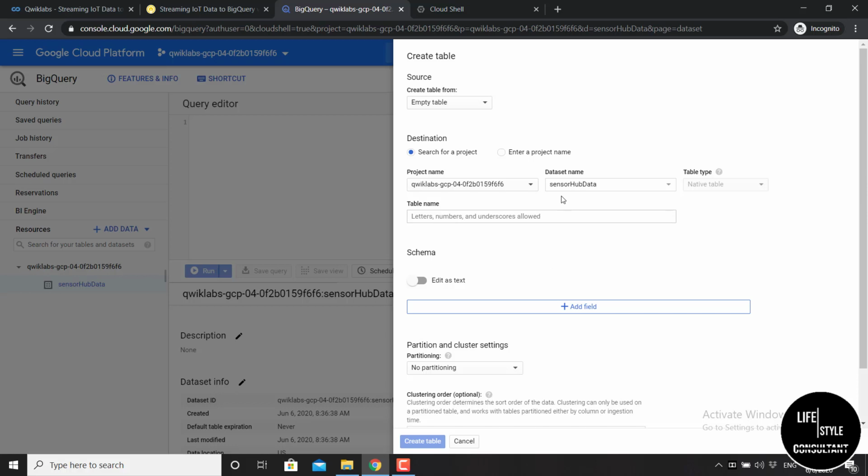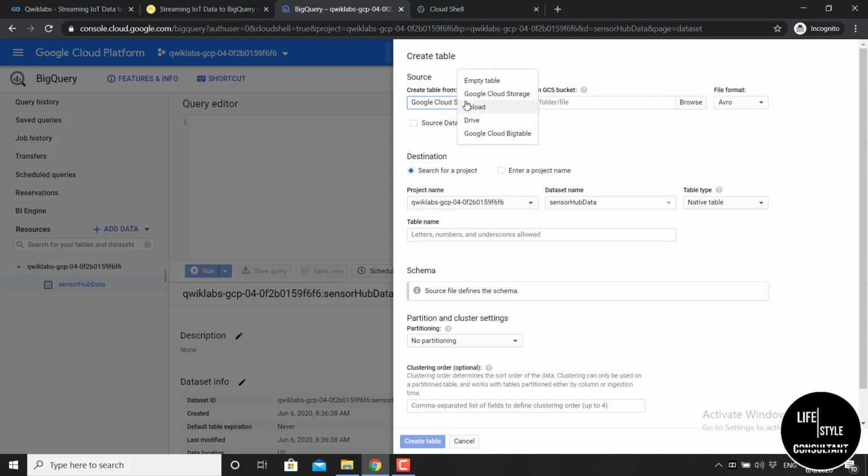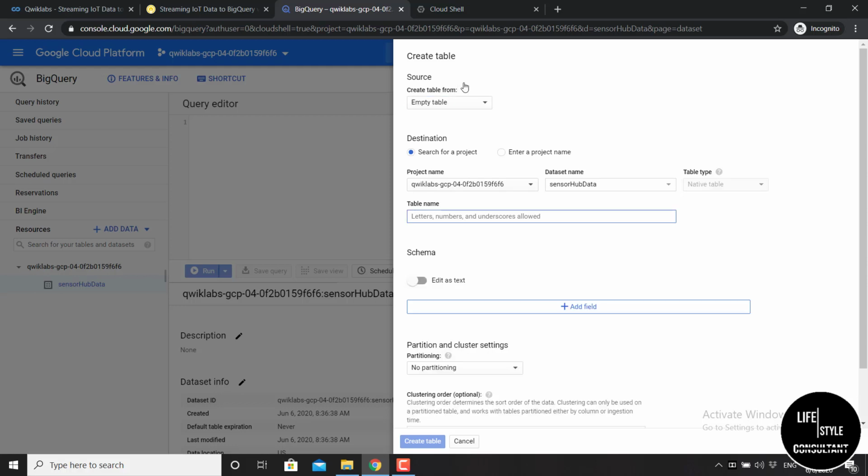Okay, we have to give here the dataset name as sensor_hub_data, table type as a native table. Okay, you have to give your table name as sensor_data, and D is in capital letter.